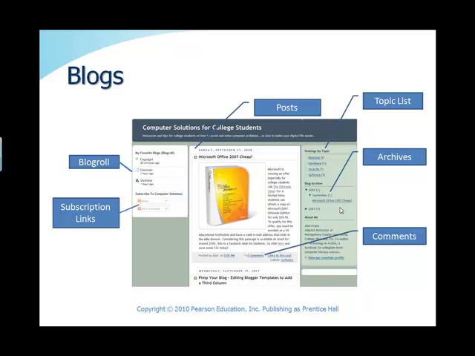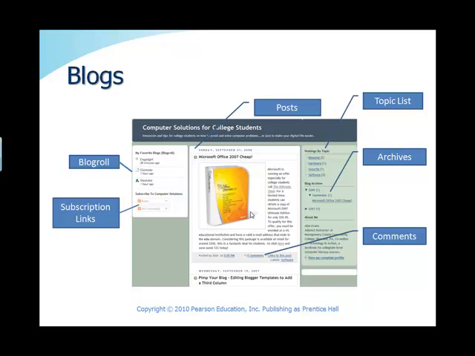Postings to blogs are not necessarily in any particular order, but rather reflect what the blogger, which is the term we use for the person who creates and maintains it, is thinking about at the time. A blog post, like you see here in the middle, is the text and images or videos that provide information to the blog readers. The post contains a title and the date they were posted to the blog site, and in most blogs they are listed in reverse